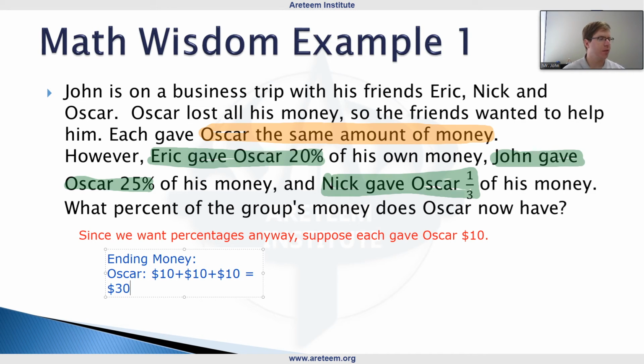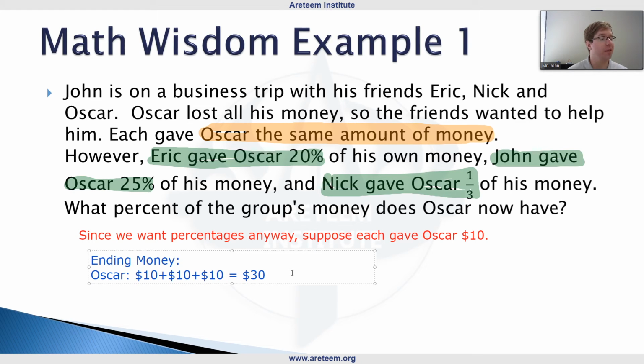He ends up with $30 there. So how do we figure out how much everyone else has then too? Yeah, and so David is suggesting the algebra approach, right? And I just want to point out you don't have to do this with algebra, right? Because since it's a percentage, we only care about kind of that percentage at the end, meaning we can set